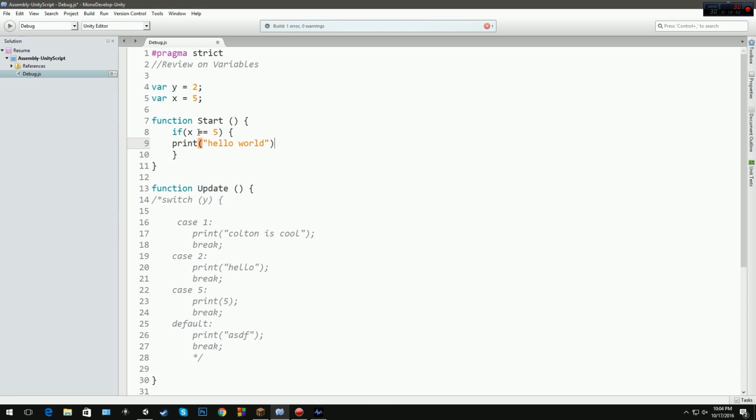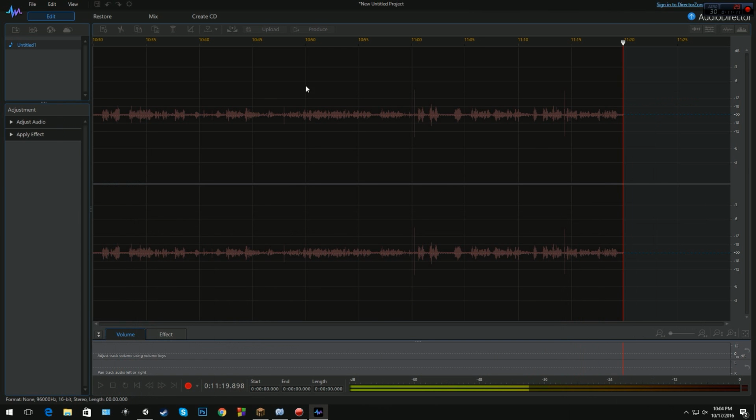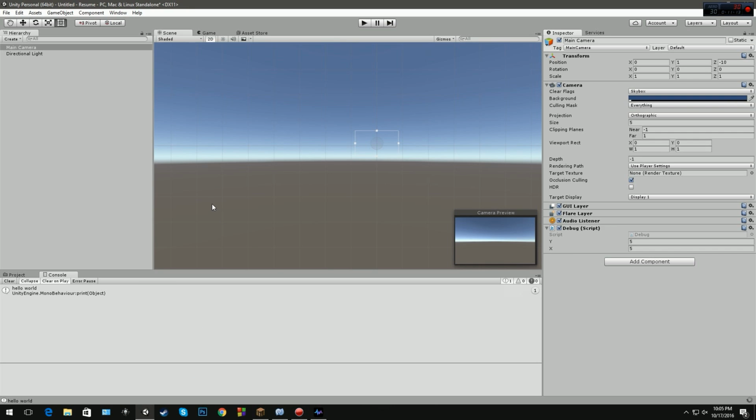So if x equals 5, hello world, we gotta put a semicolon there. Everything, your variable declarations, everything, you gotta put a semicolon afterwards. So right here, we got brackets around it, brackets around this. Everything is neat and in order. We are just gonna save it, drop out of here, drop into Unity, and we are going to clear it